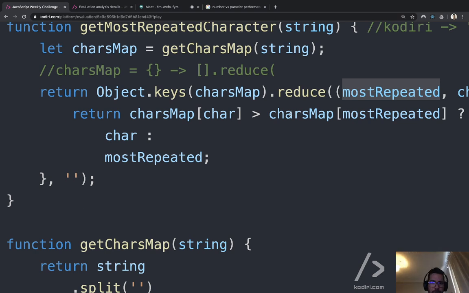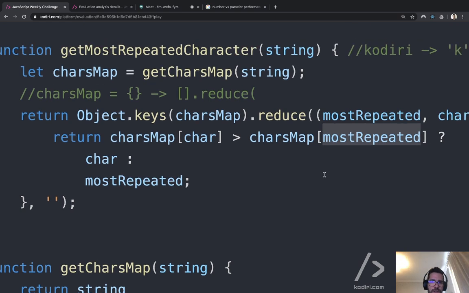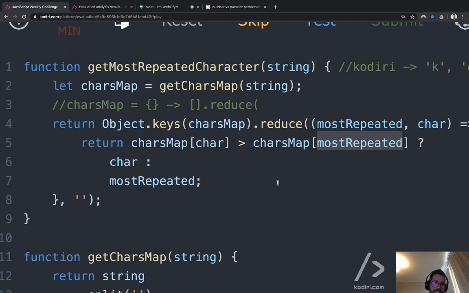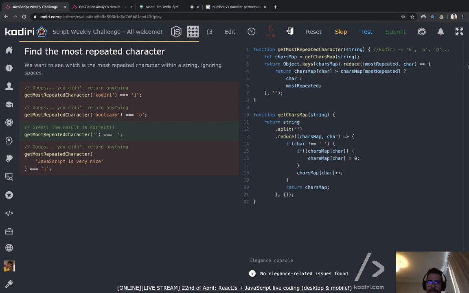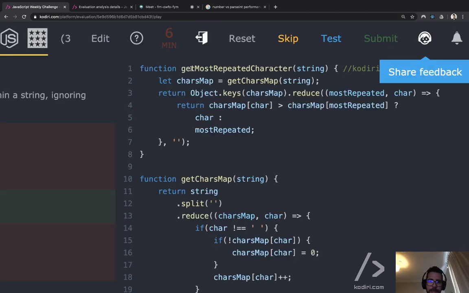So when we try to do characters map of an empty string, that will return what? Probably undefined. So then you see we got a weird comparison here where we are comparing a number versus undefined. That smells, guys.